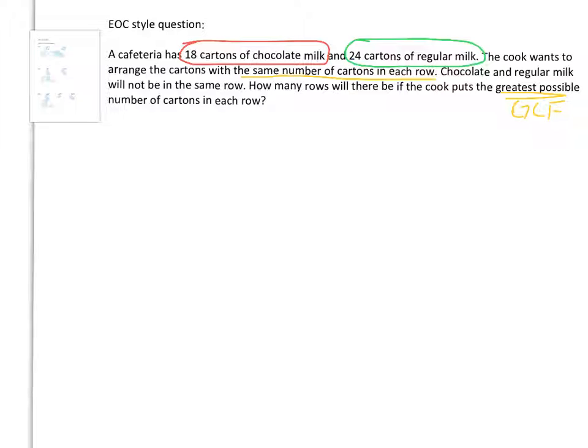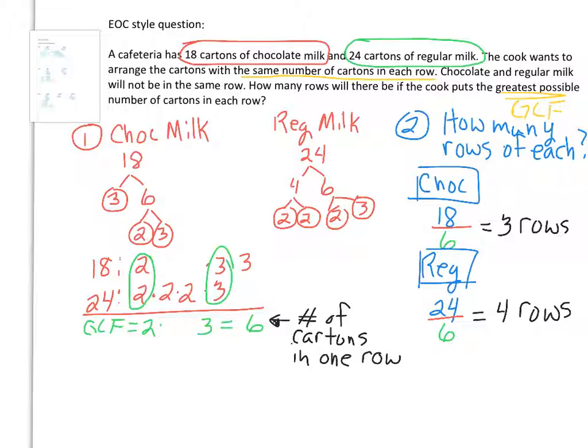So I'm going to start with chocolate milk. So step. So then, when we go to page